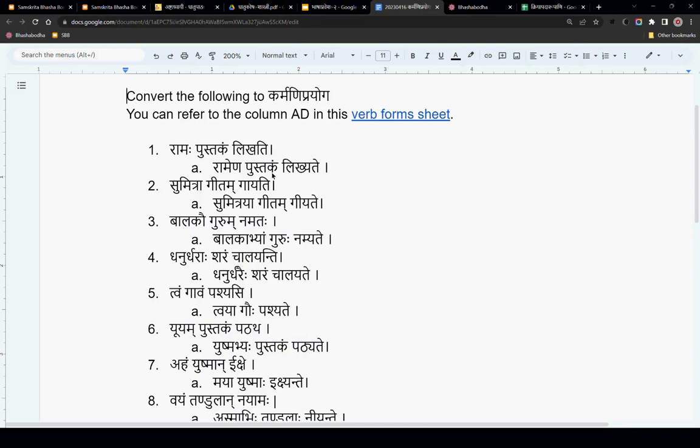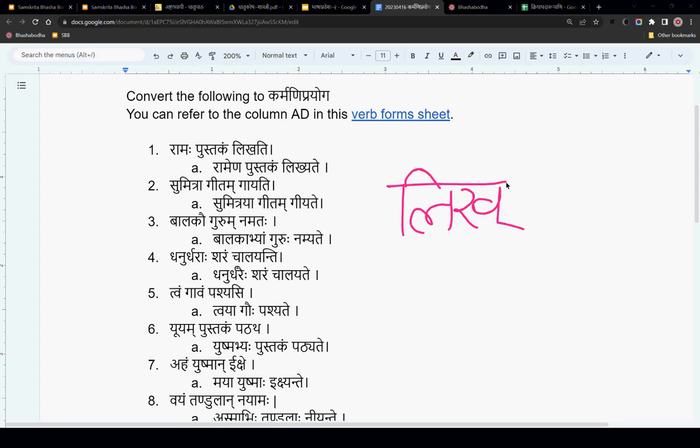So in case of likh dhatu we know likh, it is in the tudadigana. Now in karmani or bhave prayoga, the ting pratyaya is going to be always atmanepada pratyayas.